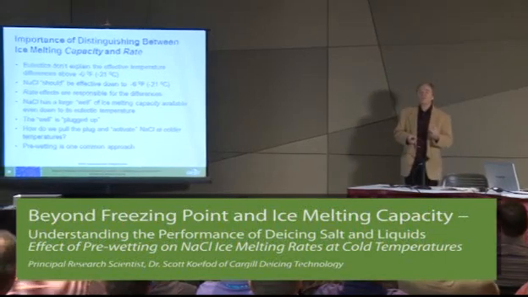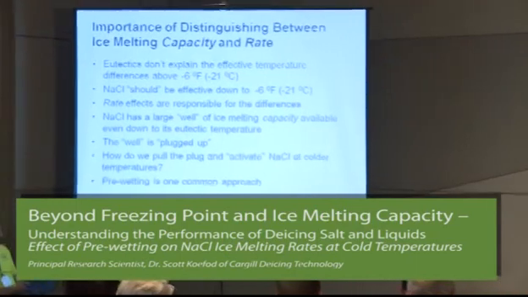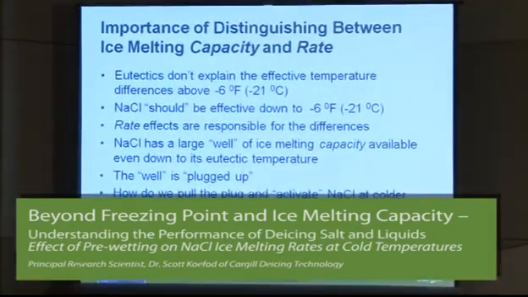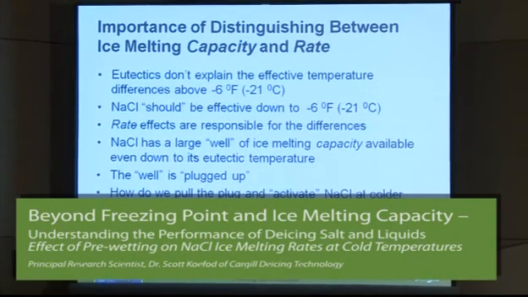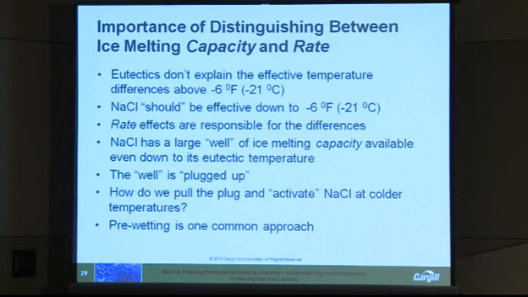First of all, it shows us that that initial explanation isn't really right. We can't really explain why salt is ineffective at cold temperatures because of eutectics. Because what we just saw is that as long as you're above the eutectic, I grant you, below the eutectic there's nothing going to happen. But as long as we're above -6, salt has got plenty of ice